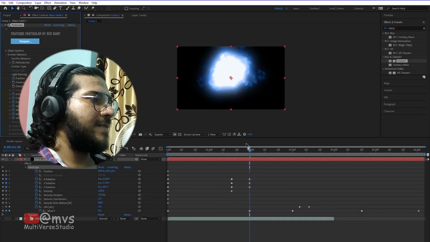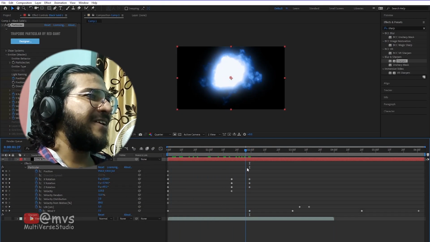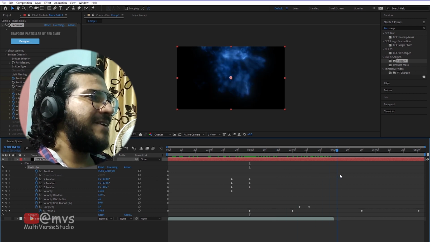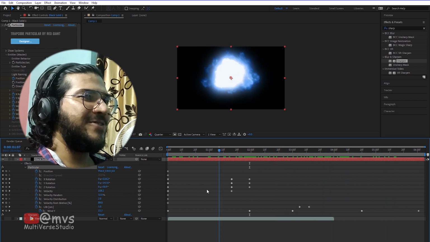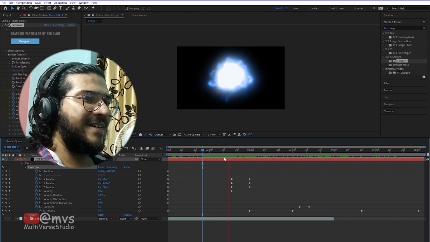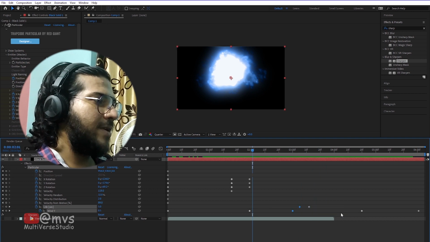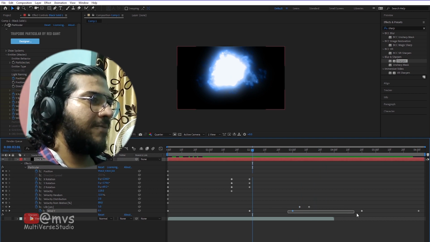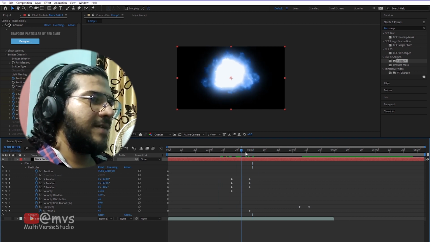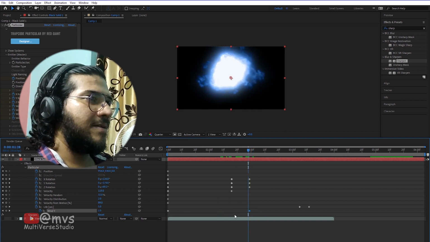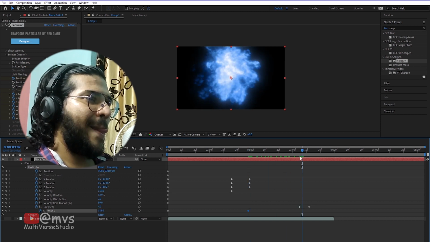Whoa! So let me just apply this. Oh, it's so freaking dope. So let me again change the values so that it stays in the center and does not go anywhere else. Delete all these values of wind Y that we have created previously, also this one, and make it in center, also in center. Wow,